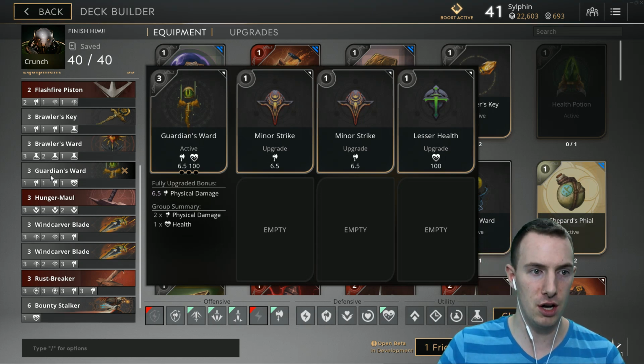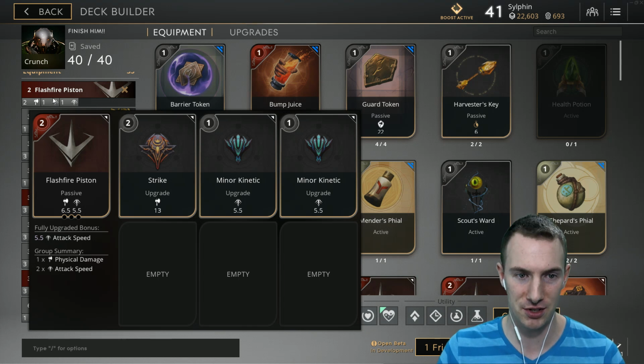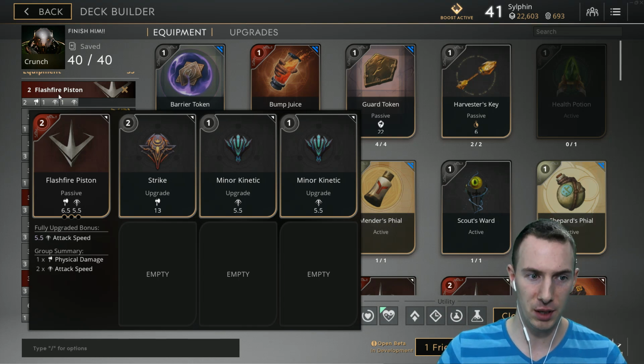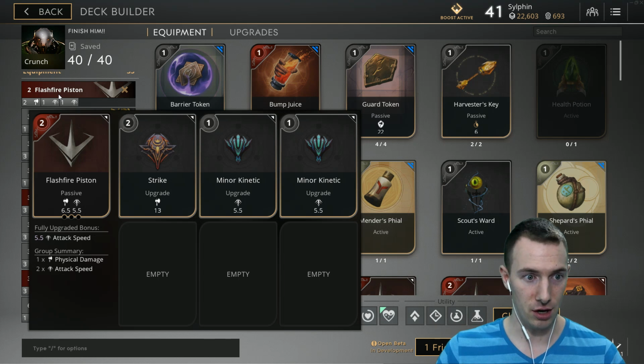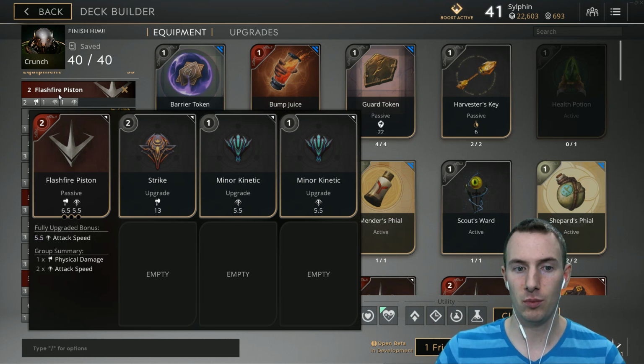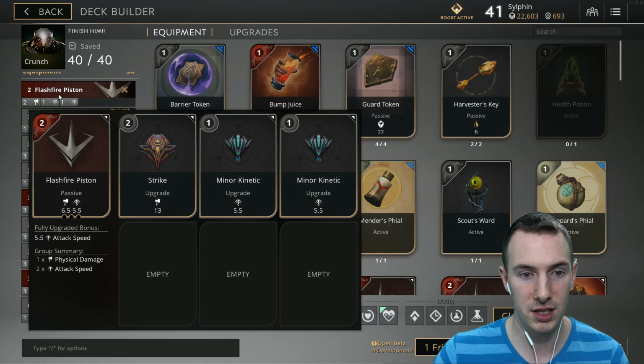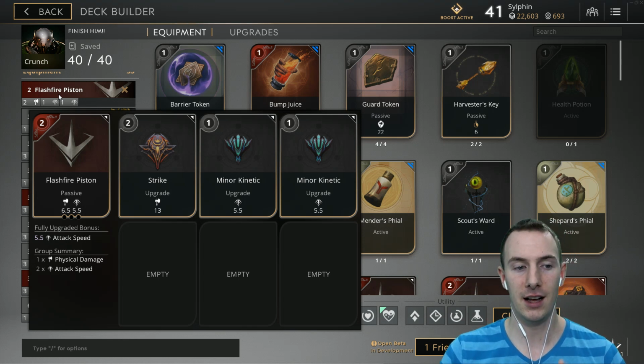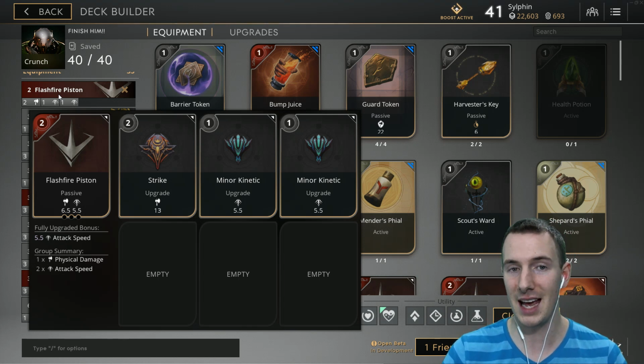After the Guardian's Ward, we go into a Flash Fire Piston. This is going to help us immensely with a number of things in his abilities that we'll talk about later. The Flash Fire Piston, a 2-point strike, 1 minor kinetic, and 2 1-point kinetics. This all adds up to 6, so it's nice and lovely. It gives you a nice amount of damage, but that attack speed is there. It's a serious amount,